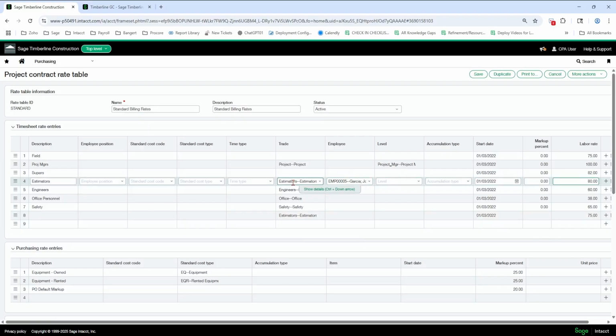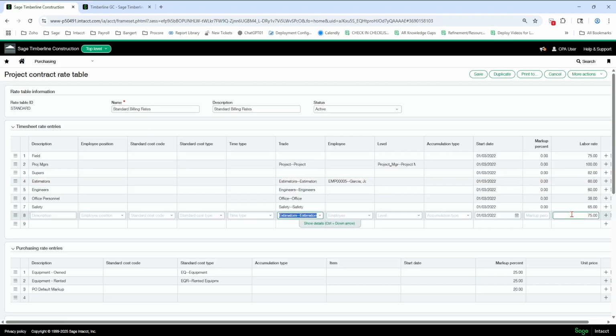So if it's Jose, since he's an estimator, it's $80 an hour. If it's not Jose and it's an estimator, they're going to be 75. Okay, so the more specific happens first. So you can use all these different types of fields to make the criteria. If it hits, then it does this markup.